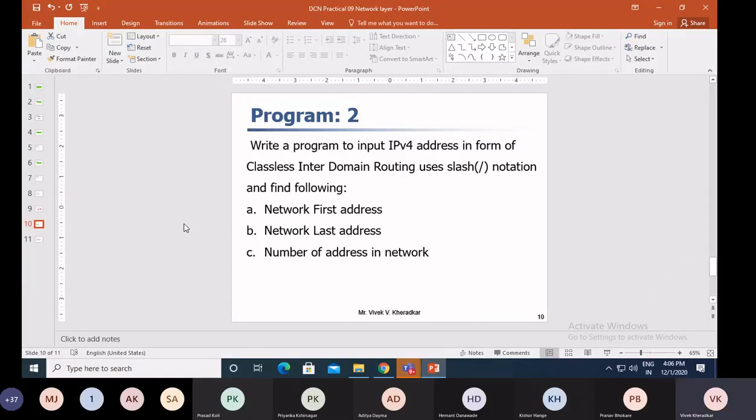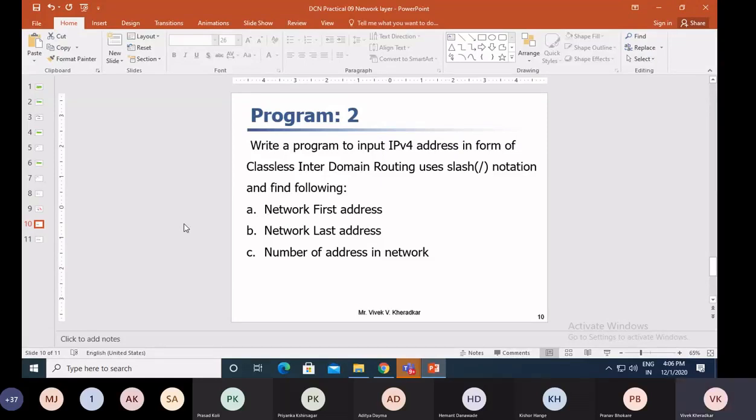Yes, any doubt with this? So see here, as you know, I have given this IP address.